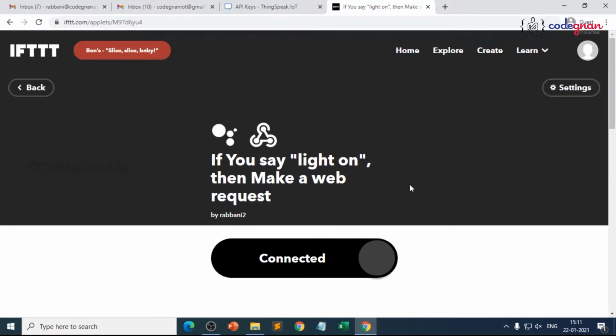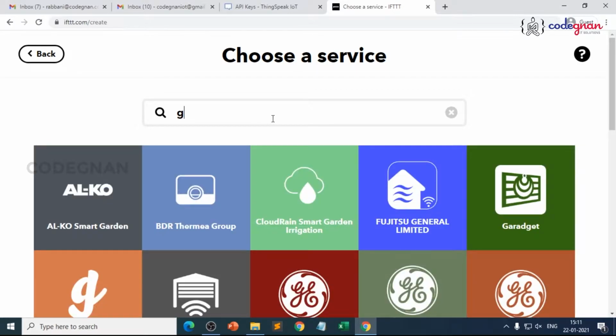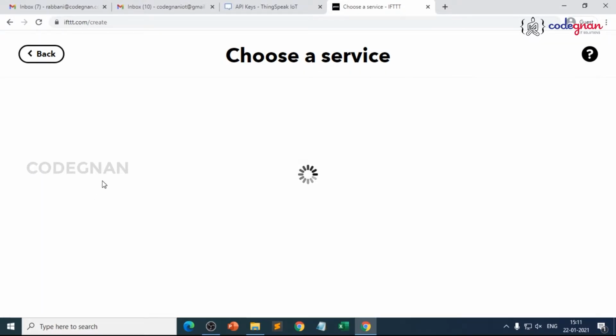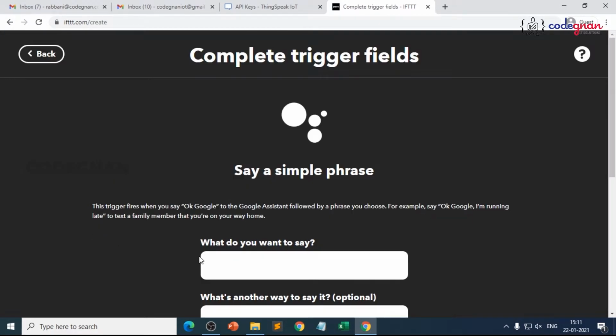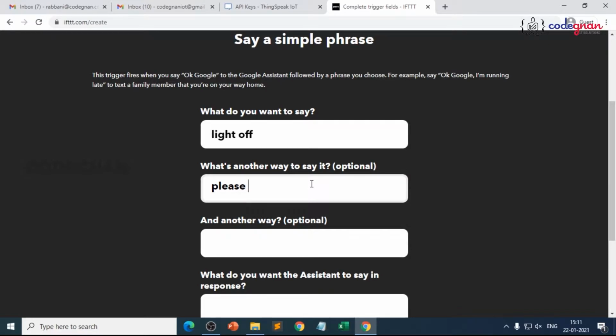We need to do it for light off also. So click on create. If this Google Assistant says a simple phrase, so what you want for light off, another way, please turn off the LED or LED off.